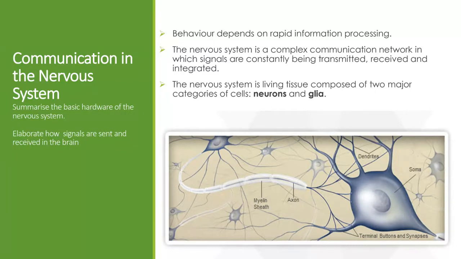What we're doing now, watching this PowerPoint, listening to what's going on around us, how we're feeling, all of that is our neurons in our body firing away with information. So how does that information actually travel through the nervous system? Our nervous system is made up of two major categories of cells. The first set of cells are our neurons. That's where the electrical impulses are transmitted, and the glia cells, which surround all of our neurons. So those are the two types of cells that we look at, the neurons and the glia.